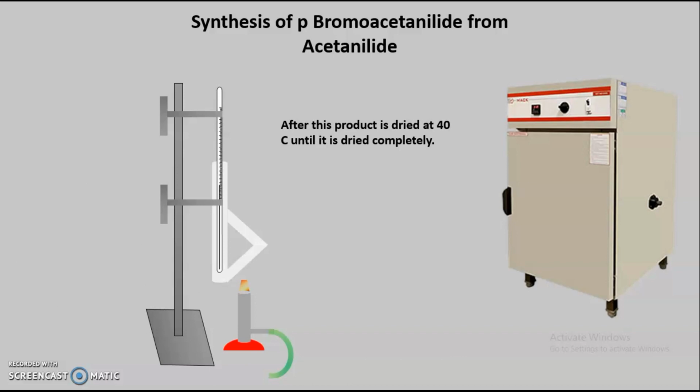Now this is our apparatus that is used for the heating, that is nothing but the Thiele tube as well as the burner. Here we know that this is the side arm of the Thiele tube. We are going to carry out the heating of this Thiele tube at the side arm, so that the direct temperature of the product is not increased. Once we have completed the determination of the melting point, then we are going to perform the calculation part.